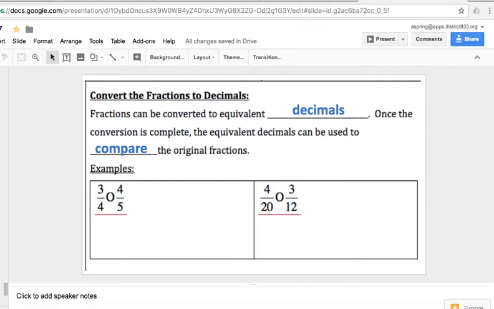So you just did division and got decimals. I know that you've practiced this. You can also use a calculator to help you convert fractions into decimals. And so 3/4 or 4/5, this little circle is just wanting us to put a symbol for which is greater or which is smaller. And if you compare 3/4 to 4/5, I'm going to bounce back here to show you how you might do that